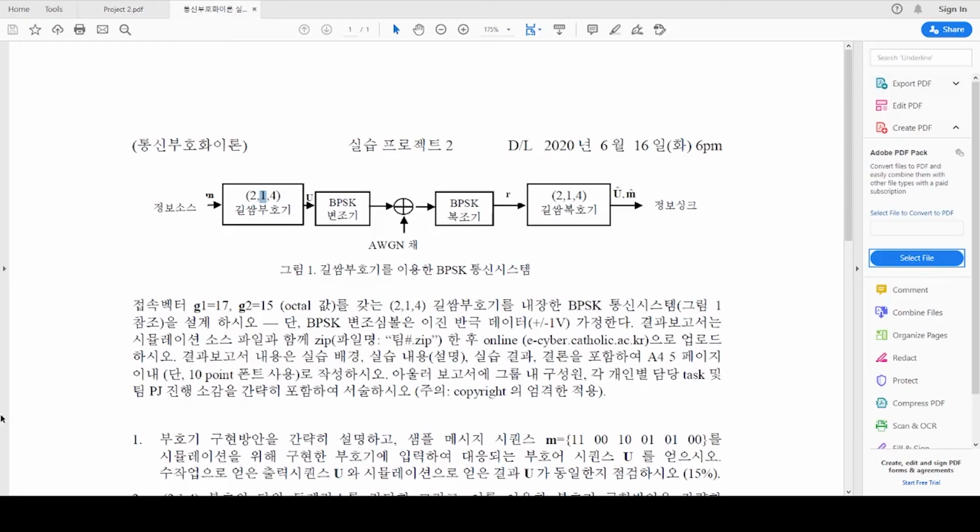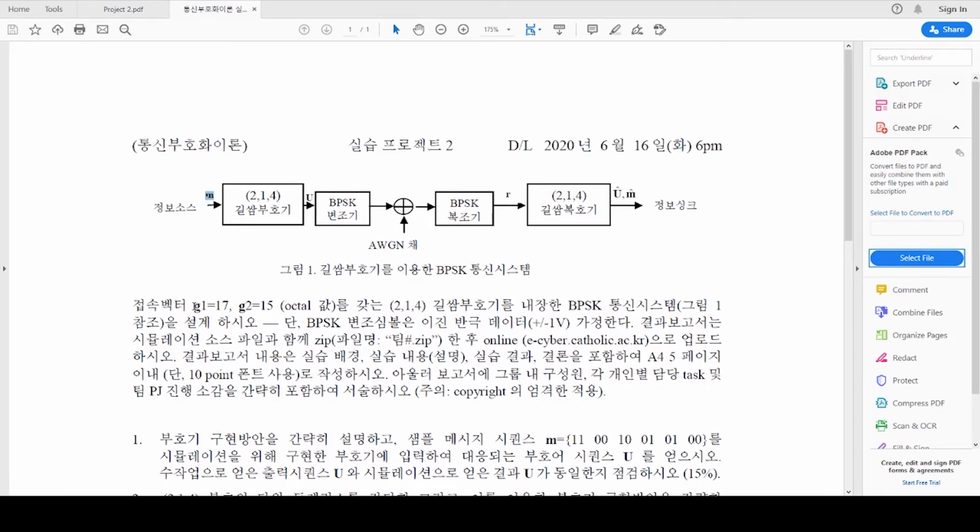Okay, now let's go to your questions. Here we send our input message. It goes through the channel encoding algorithm, and the code word will go through the modulation, and we apply BPSK modulation and go through the channel, and after receiving through the channel with the noise we do the demodulation, BPSK demodulation, and then we use our received signal and decode the channel, and finally we get the output signal.